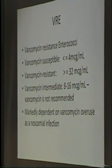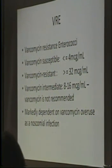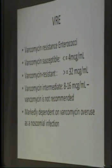It's not a bug that requires shock and awe. Do we want to isolate them? Yeah. Do we not want it to be spread to every patient who's got an IV line or a Foley catheter? And of course not. Is it really hard to get rid of on surfaces? It is. It's on tables, bed rails, and one of the most common transmissions in hospitals is when people will